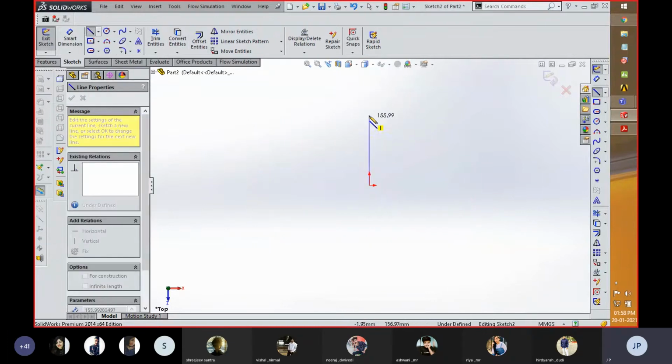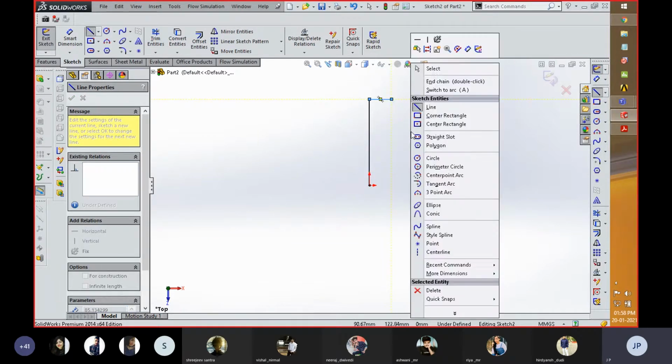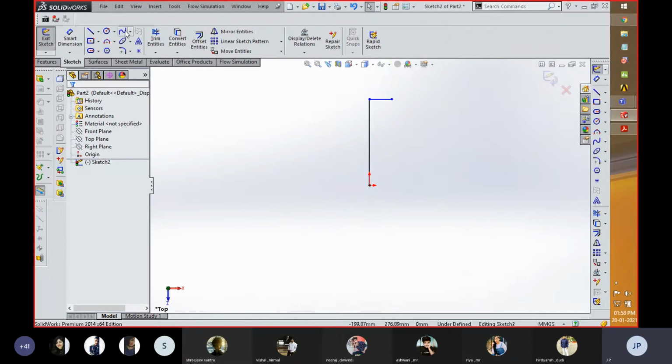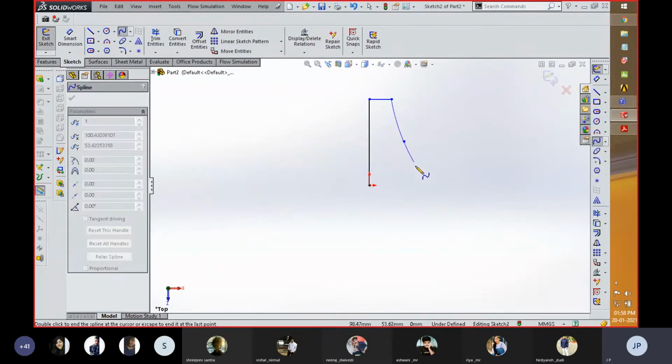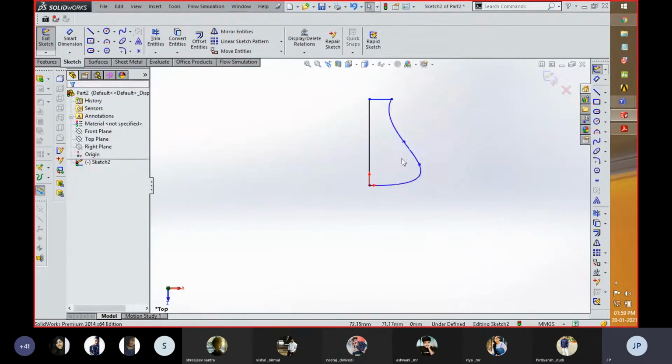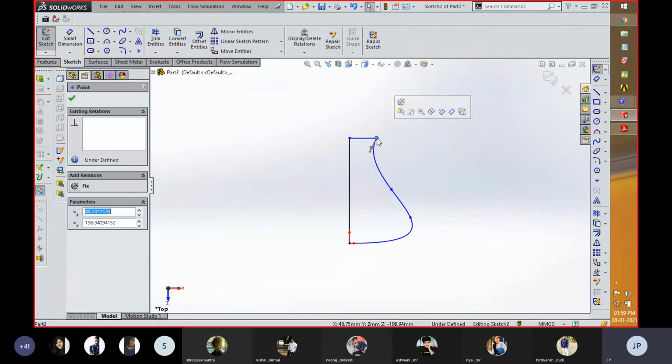Okay. For that purpose, I am going to create a flask over here, and with respect to that, I am going to use this spline command, which is beneficial over here for controlling the profile of that object. Okay. So over here you can see that while creating any sketch, by clicking the ends of this point, you can control the curve of that part.